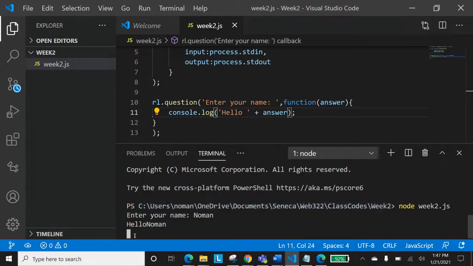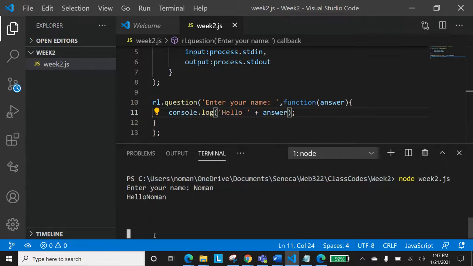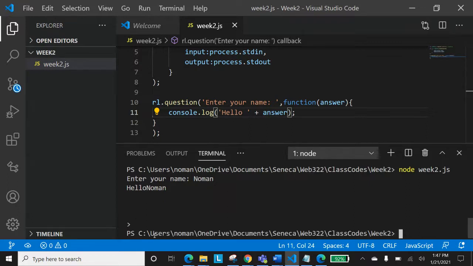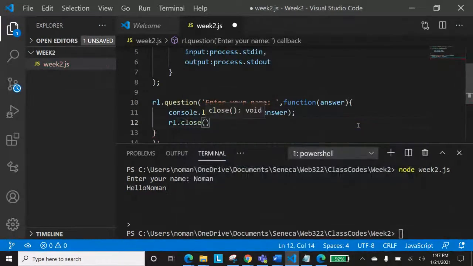The problem is that you are experiencing that it's not coming out of this prompt, right? So please keep in mind, sorry, I'll have to do Control C to come out of it. You can press Control C and come out of it. You saw that it was not coming out by itself. Now, whenever this RL is started, in that function, when this functionality is done, we'll be closing it.